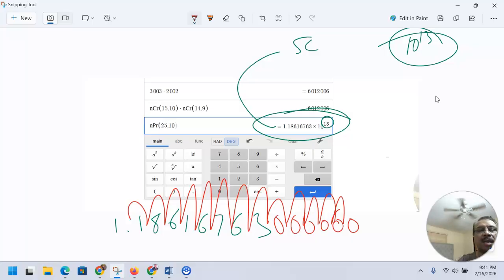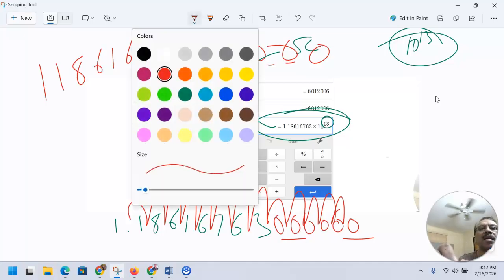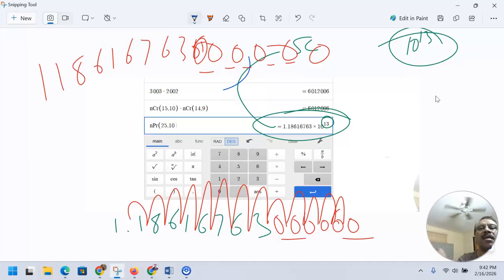And you can see how it works, you get 11861676300 and then six zeros. So when I really want to check, let's see here, this is like thousands, right? This is another one. This is another one. This is another one. And